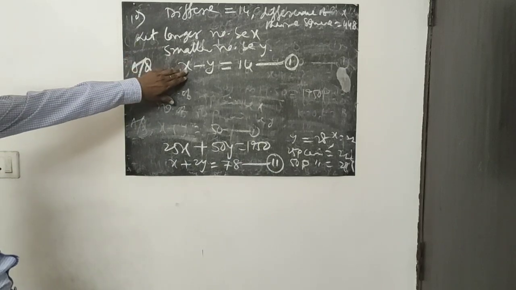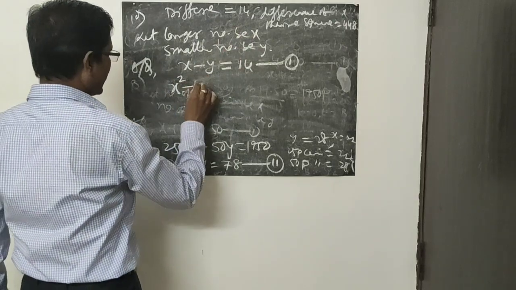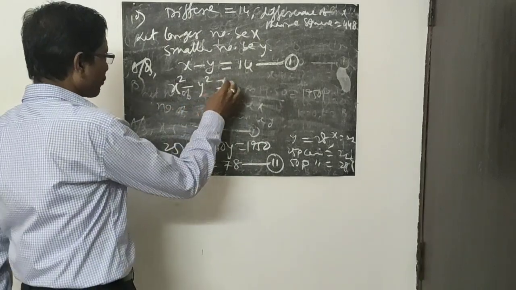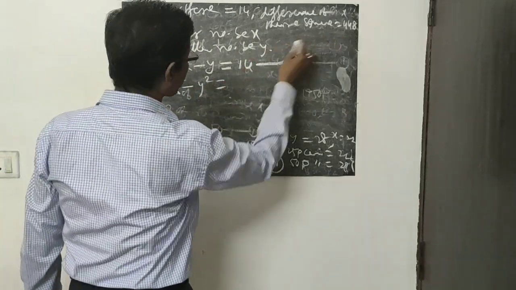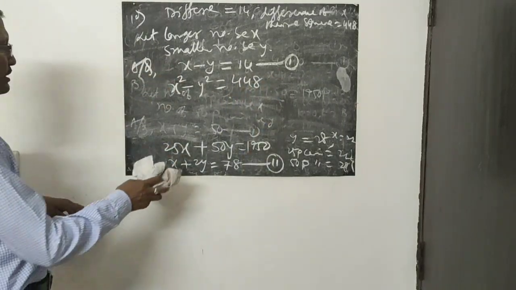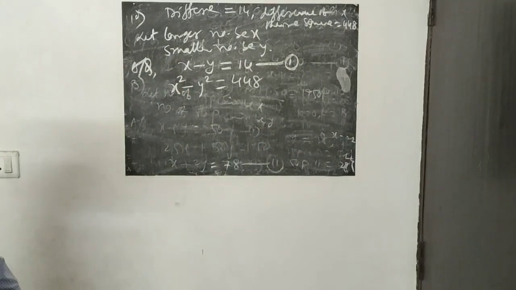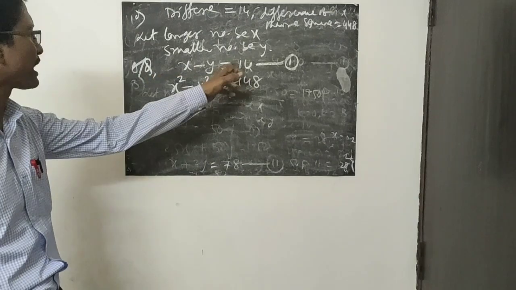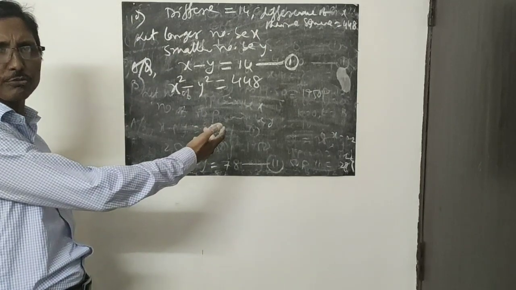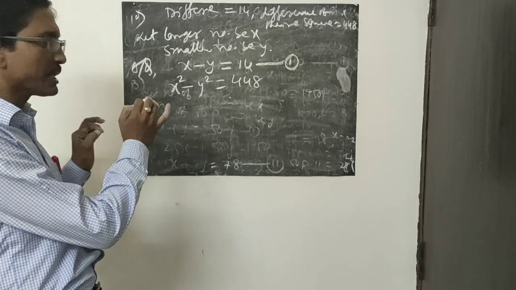And similarly, if a number is larger, its square will also be larger, because these are all positive numbers. So x square minus y square is equal to 448. One is linear, the other is quadratic. So how can you solve these two equations? It depends; you can solve in different ways. Someone can follow the substitution method: x equal to 14 plus y, substitute, and with only one variable y you will get a quadratic. Then after solving, you get two values of y, and you can apply whichever is applicable. But here we will not do that. Here we will mainly follow the linear equation approach.